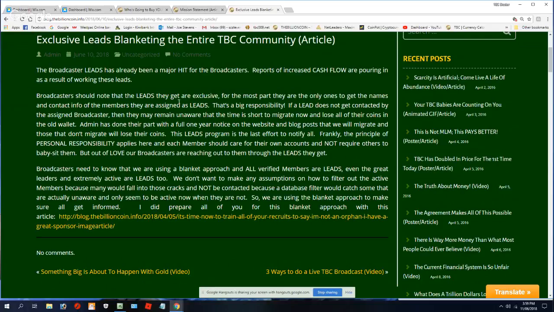Broadcasters should note that the leads they get are exclusive. For the most part, they are the only ones to get the names and contact info of members they are assigned as leads. That's a big responsibility. If a lead does not get contacted by the assigned broadcaster, then they remain unaware that the time is short to migrate now and lose all their coins in the old wallets.